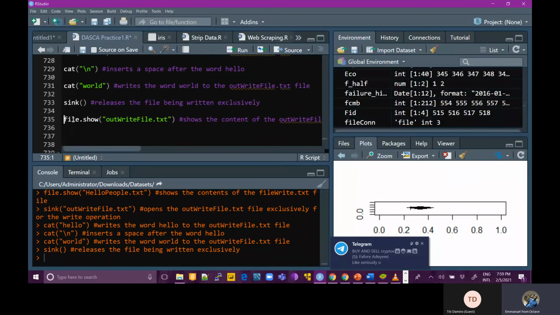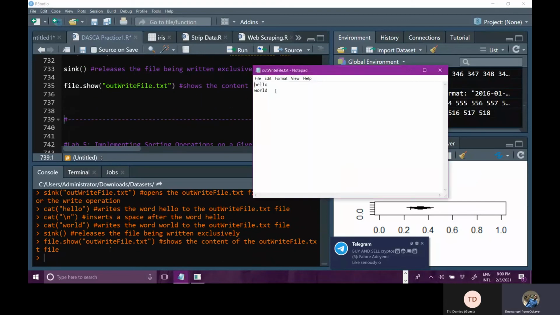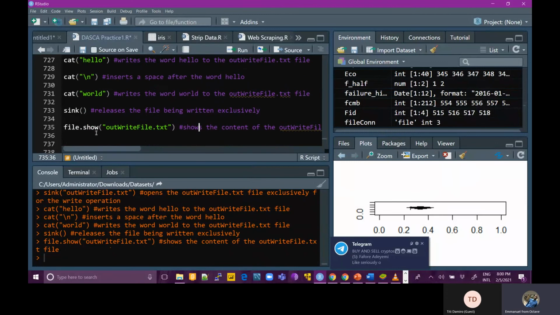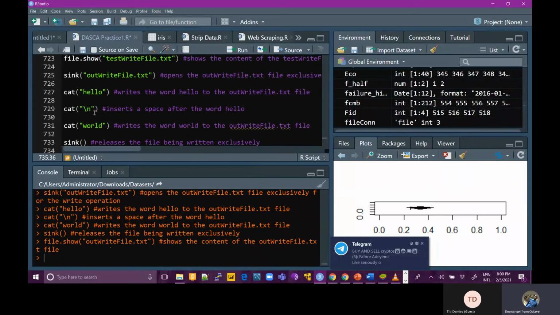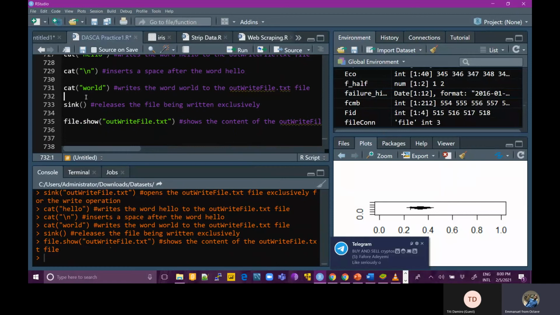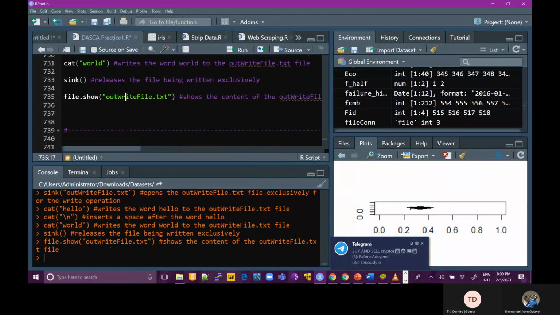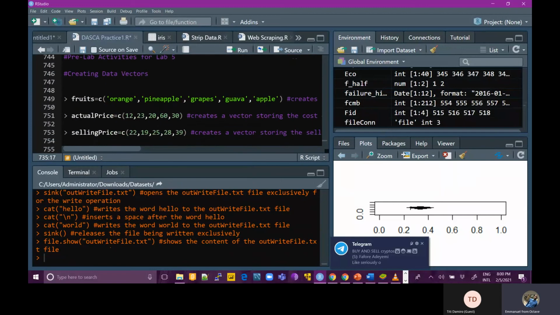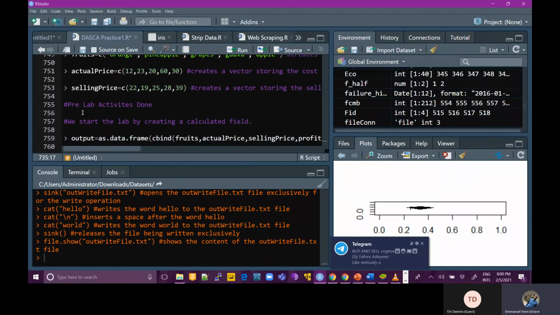Now let me see what's inside the file. You can see hello world. First of all, hello was added to it, then a new line, then world was added. Then I released the file from write operation, and I showed what is inside the file. Just as simple as that. I think, and the last thing here